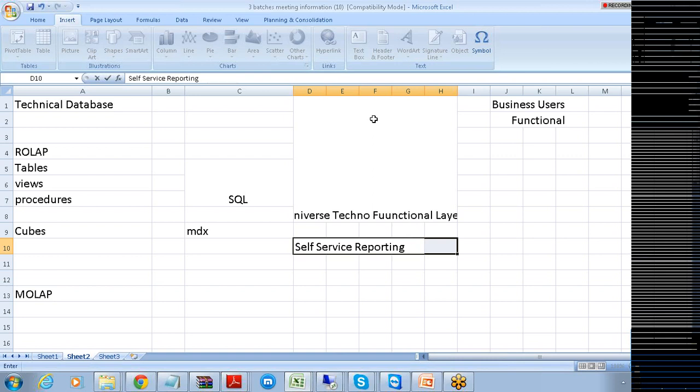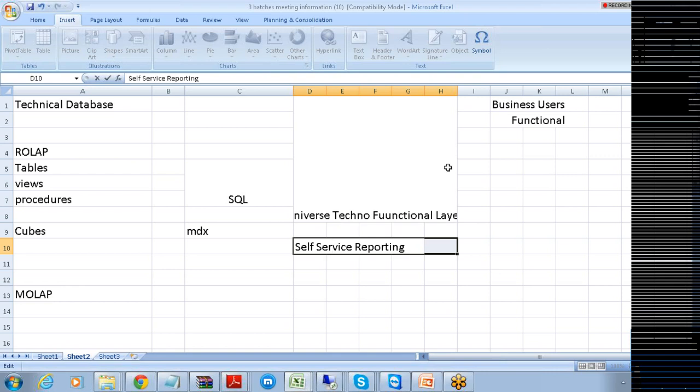We need to take our food ourselves, consume it, and place the plates back in the same place. Here also, self-service reporting means the business users or client stakeholders should have the privilege of creating their own queries as well as their own reports, without depending on the development team for creating the reports. Such reporting is called self-service reporting.